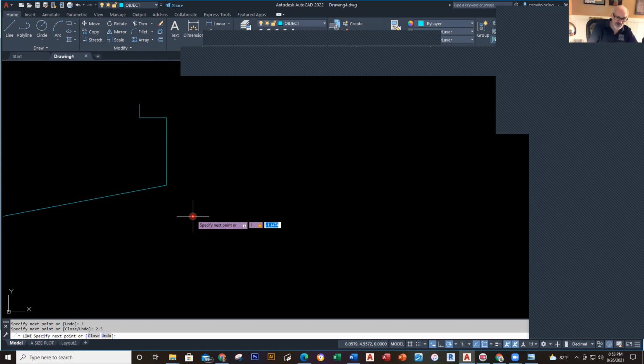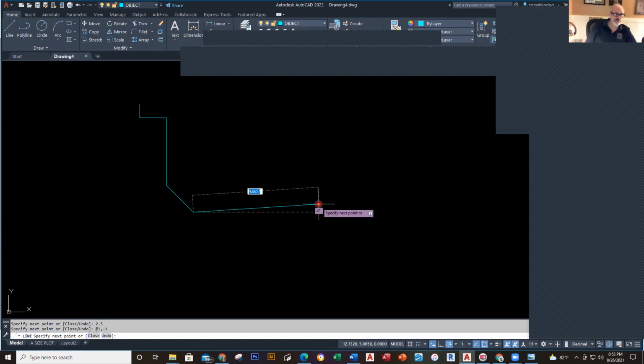So 1, comma, negative 1. So I type in 1, comma, negative 1, and then I hit my enter key and watch my cursor rise. I hit my enter key, boom, and I'm right there. So it gives me that point right there. So this is where you practice and you learn to have confidence that AutoCAD is going to give you what